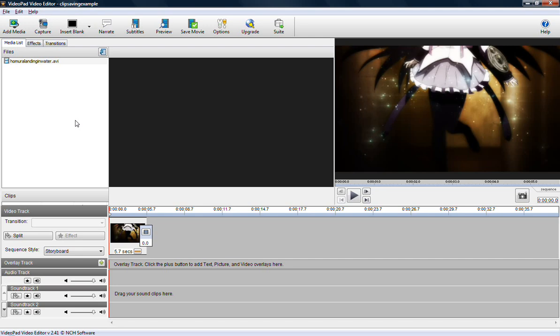You can also save the clips you make as individual movie files. I find this best when making lots of custom clips for an AMV project. Not only that, but when you're finished with your AMV project, you'll be saving that as a movie file too. So now I'll show you how to do that.